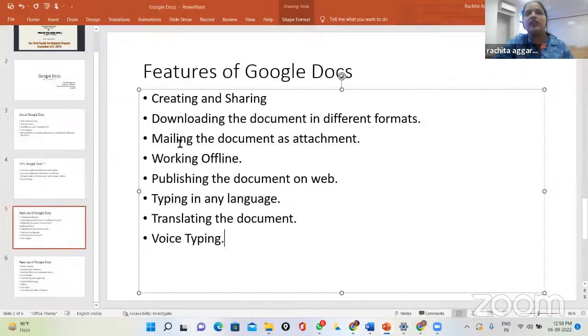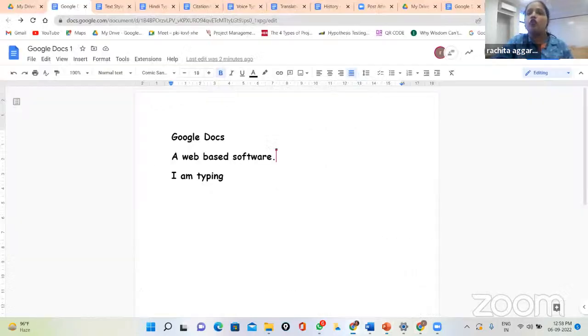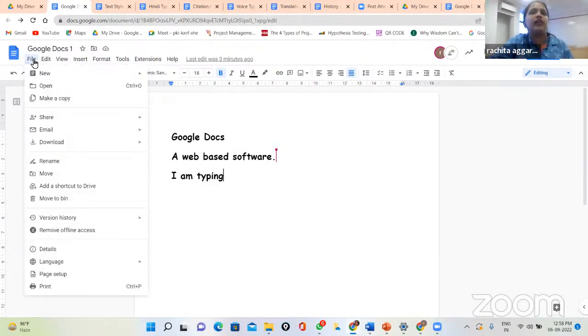Okay, moving on to the next feature, publishing the document on web. Now you want that your document should be available openly to all on the internet. It should be available on the web. Now, how can you do that? Again, right now we are working just on the file menu only. You click on the file menu, and here you have an option